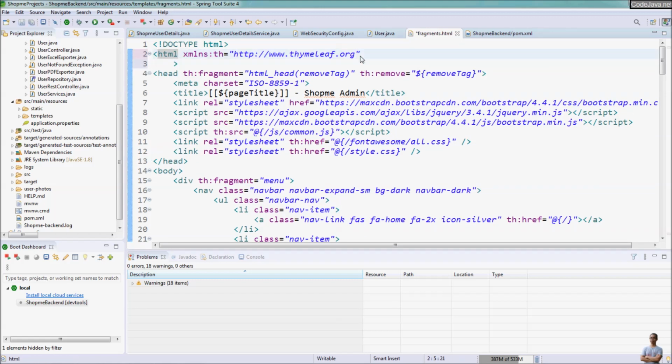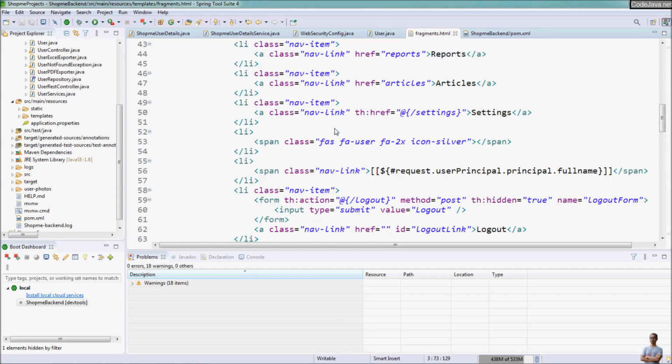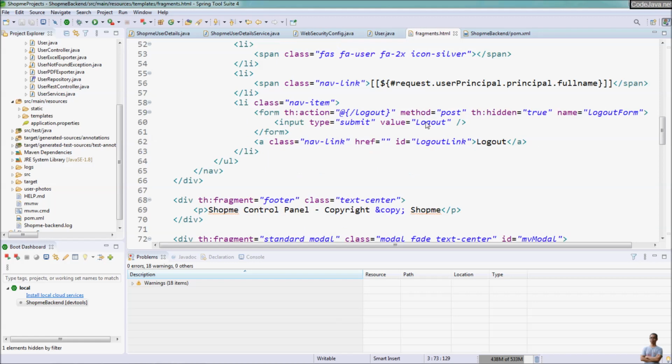We should declare the XML namespace, and the prefix is sec for security, and then the URI for thymeleaf-extras-springsecurity5. And then we can use Thymeleaf syntax to display the details of the currently logged-in user,